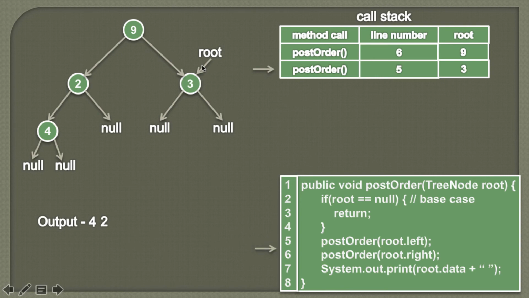Moving ahead. So at the line number 6, we will call post order method again, and we'll pass the value as root.right, because in order to traverse this node, we have to traverse its left subtree first, which we have already done. So now is the time to traverse its right subtree, and after traversing right subtree, we can actually visit this node 3. So in order to visit its right subtree, we are calling this post order method again, and we are passing the null value to it. And we also know that we are leaving this method at line number 6. So we'll update the line number here.